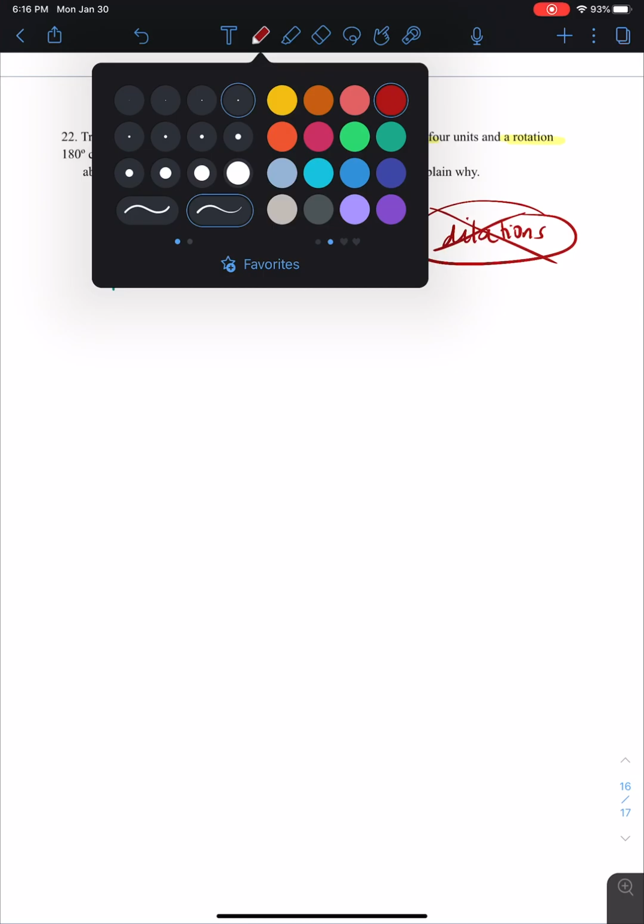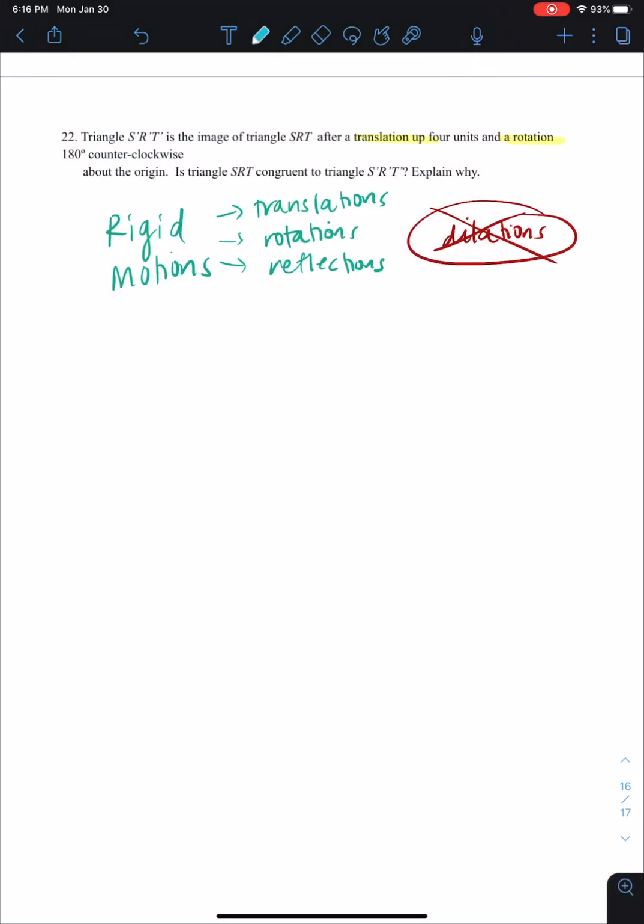So in the transformation explained above, it says it went through a translation and a rotation. Both of these are rigid motions. Therefore, the pre-image will be congruent to the image. So we can make a statement that says triangle SRT is congruent to triangle S prime R prime T prime